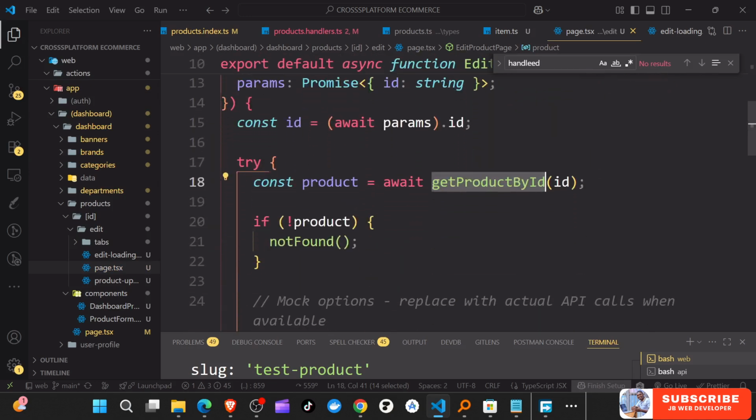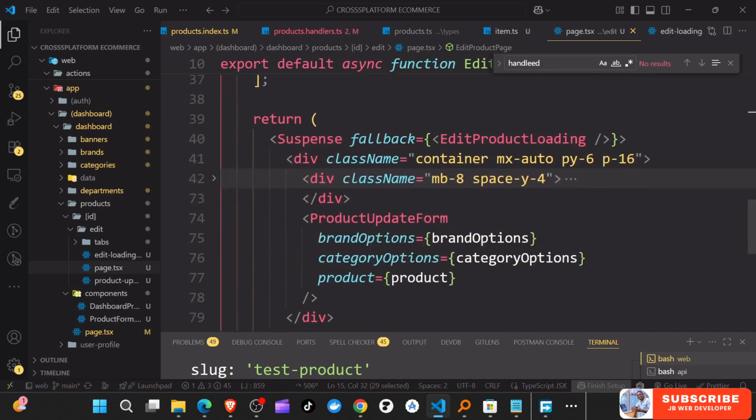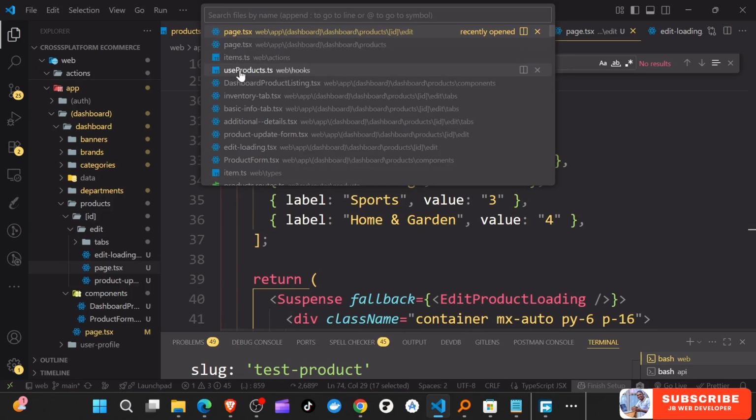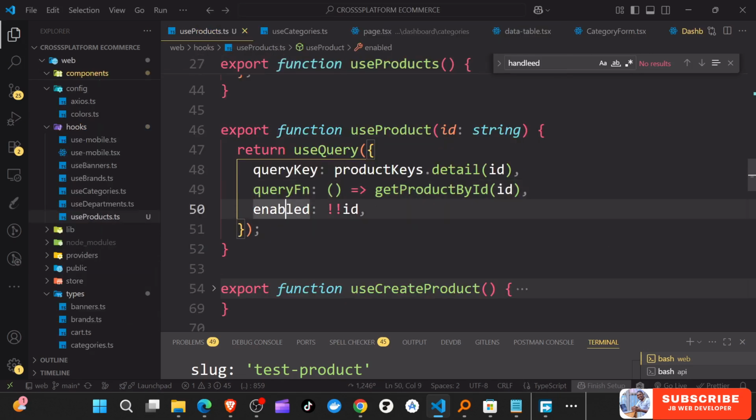So the only thing we could just get is this ID and then pass it in here, and then we can fetch everything from that side. And now with that, we can actually have the courtesy of that. Because the only thing we get from the use product hook, this is supposed after,